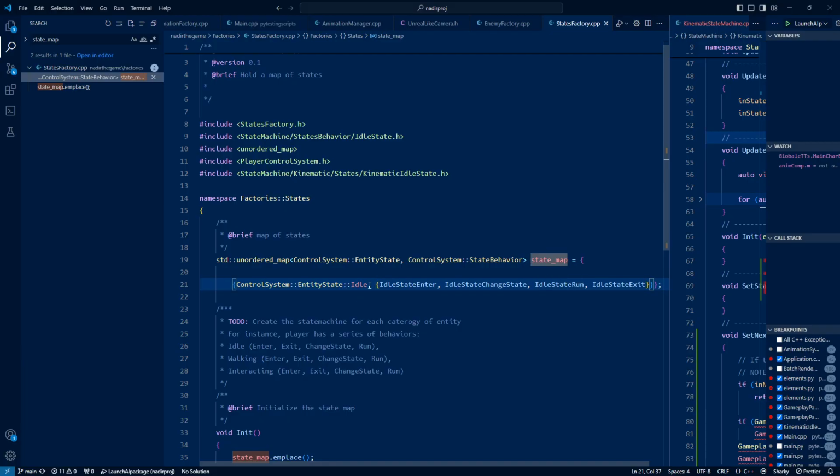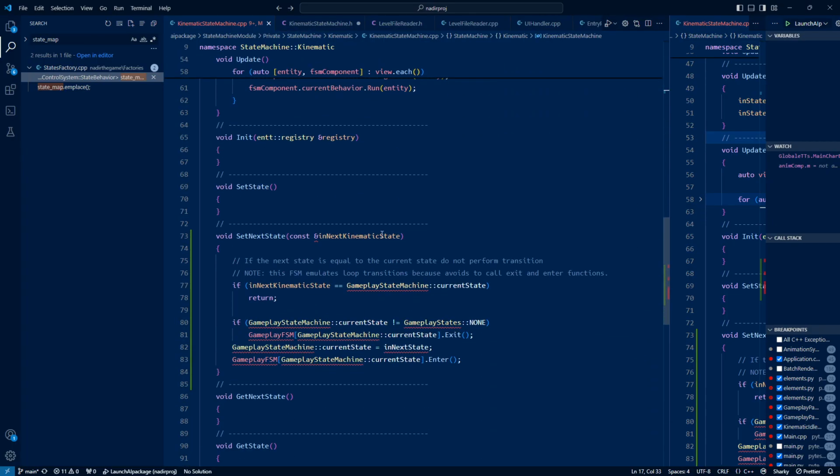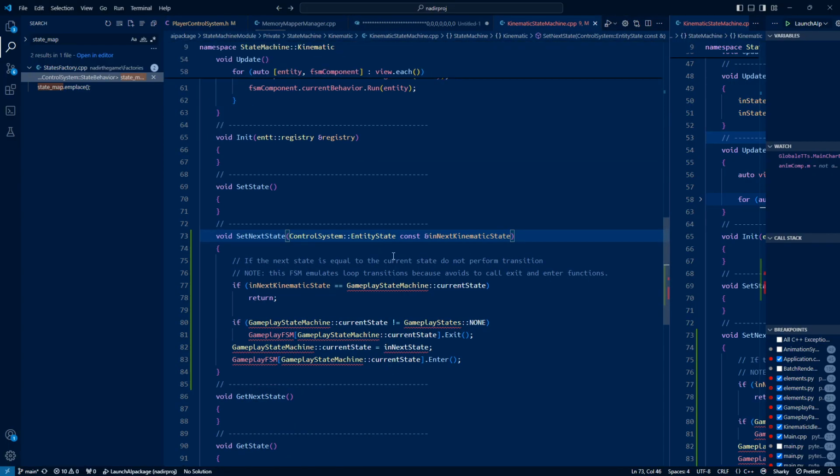Yeah, we will need this for sure, and let's put it in here. Yep, this is going to be a variable to change. Then we are going to need